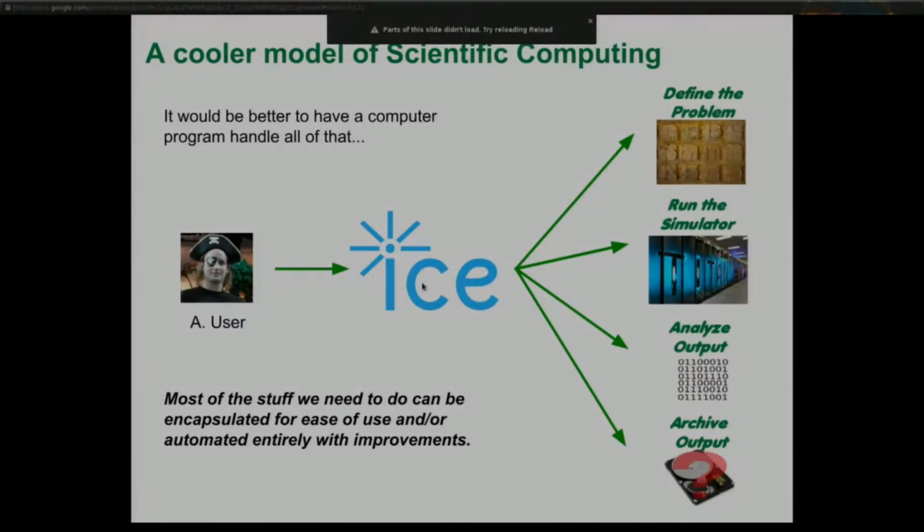Maybe it can do error checking. It can figure out what the file format is. We can just put all those details somewhere and codify them, and we do it for your code, and we do it for mine, and then when someone else comes along, they don't have to do it. We interact as users with that smart intermediary, and it handles the job. I would assert that most of the stuff we need to do can be encapsulated for ease of use and automated almost entirely, and we can even make it better by doing something like this. Case in point, since you already know this is an Eclipse-based project,